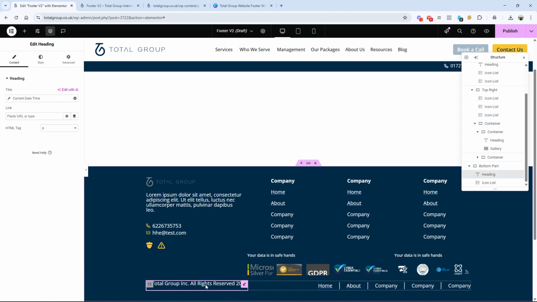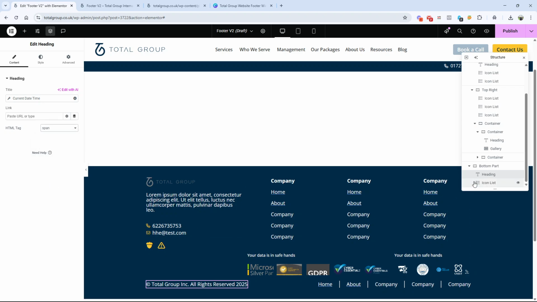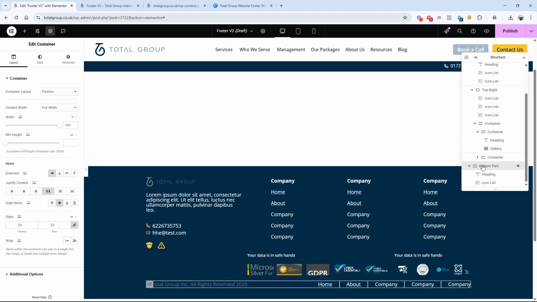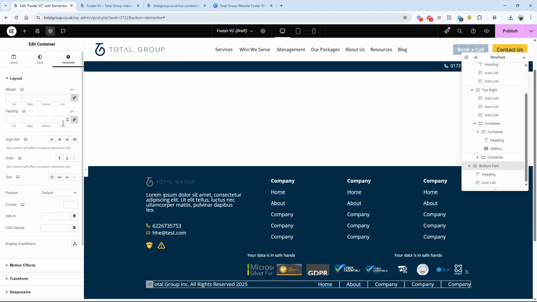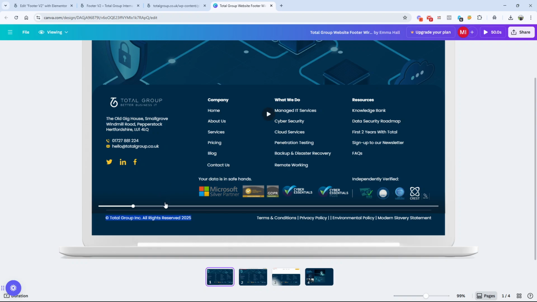Okay, I think this is coming from the p tag. P tag has probably a default margin, so I'll change it to span. Cool. So now it looks good. Now I'll add margin to the bottom part, maybe 50 pixel. Okay, it looks good now, and I will also need to set a